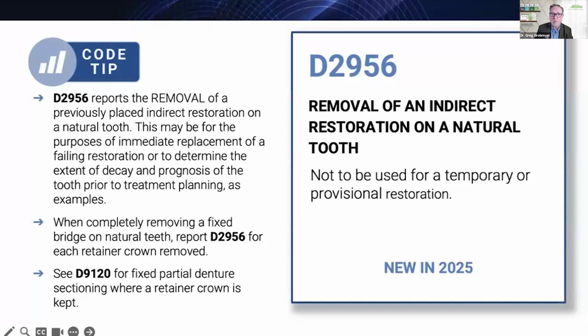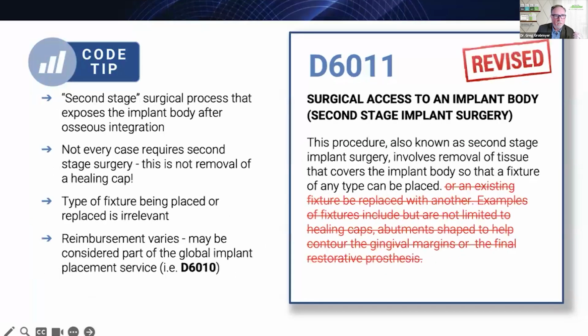Now note it says not to be used for temporary or provisional restorations. You can't cut a temp off and use this code. That's not appropriate. This is for the removal of a previously placed indirect restoration on a natural tooth. Okay, natural tooth, not an implant. It may be used for replacing a failing restoration or to determine the extent of decay and prognosis of the tooth prior to treatment planning. Those are reasons they gave when the code maintenance committee met about this new code. So moving on,